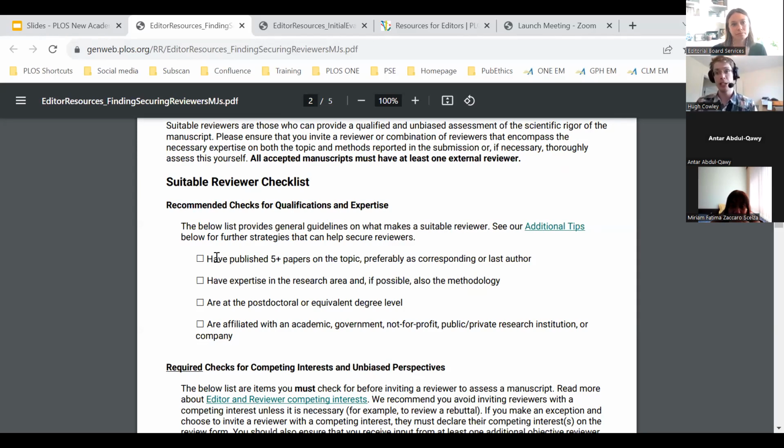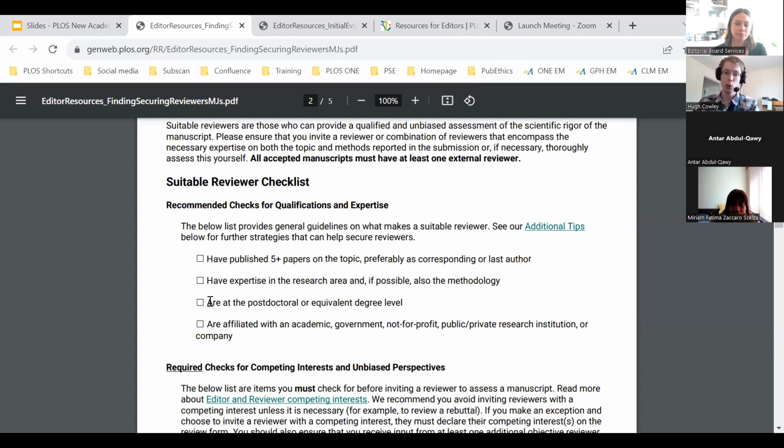We leave to your judgment as to what you would consider having sufficiently published to demonstrate expertise. But again, good signifiers are publishing as the corresponding or final author. The most important part really is showing that they have expertise in the research area, and ideally also the specific methodology used by the authors, or close enough as possible.